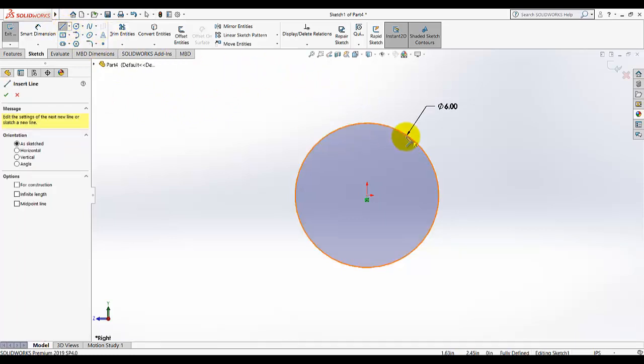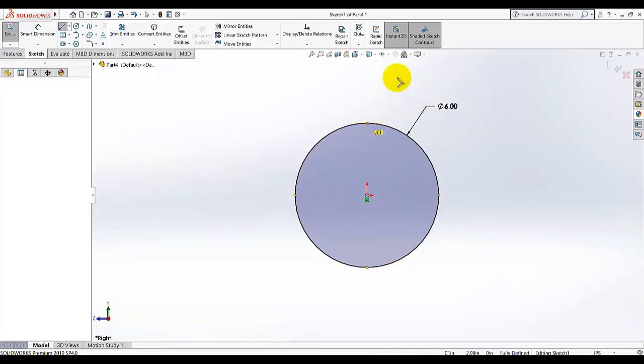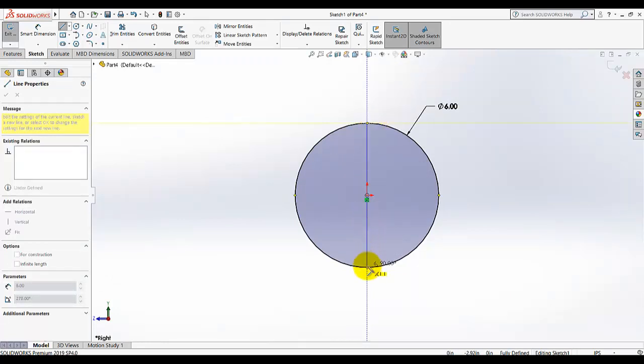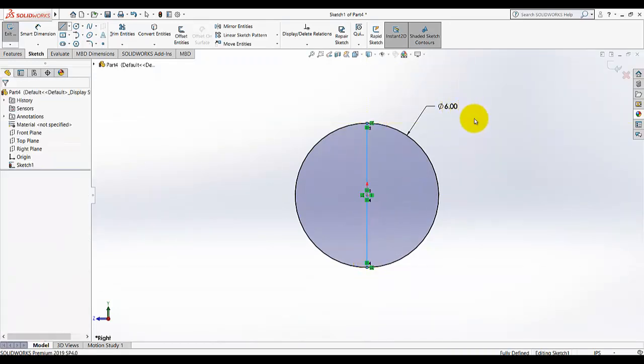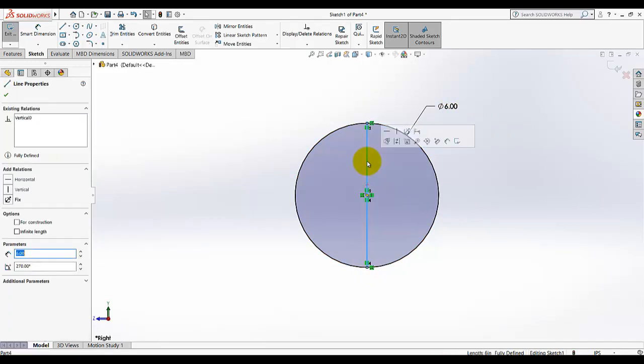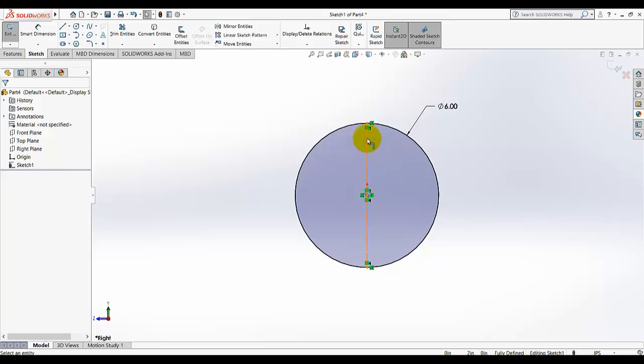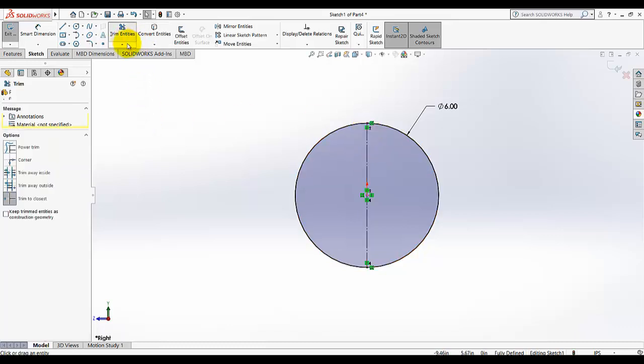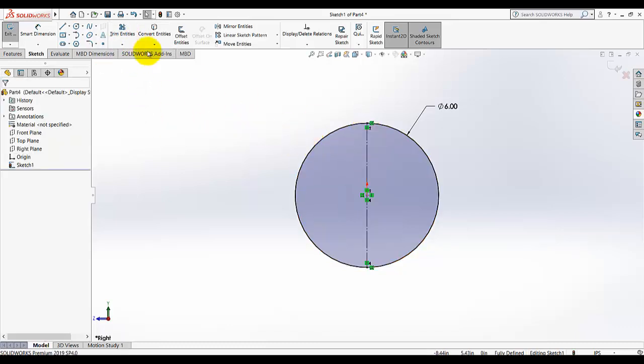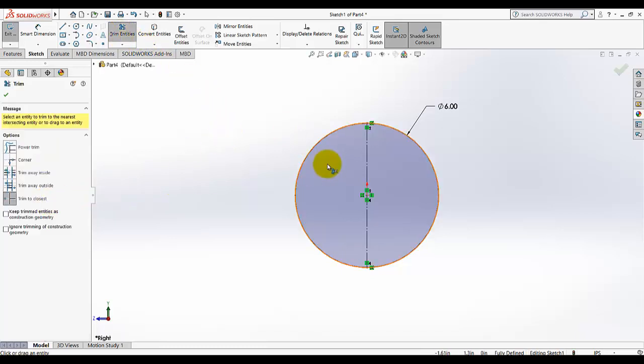So just select the line tool and go here on the circle sketch, and you see there these yellow points which are activated. So just select the first point of the center line, this point, and then this point, and convert this line to a construction geometry. So this line is converted to a reference line, and then just select the trim entities and trim this portion,